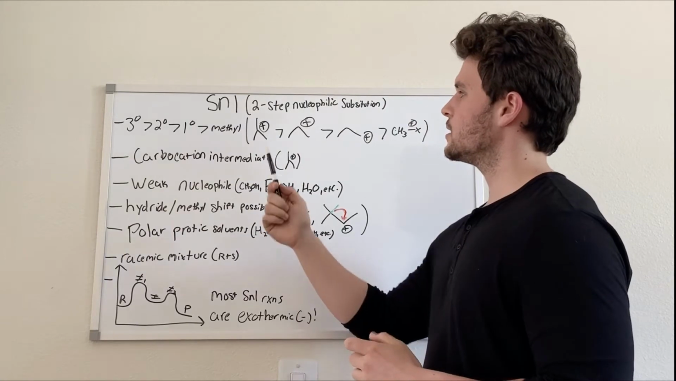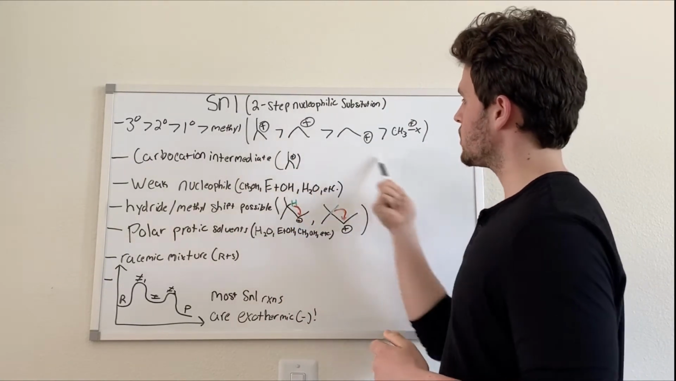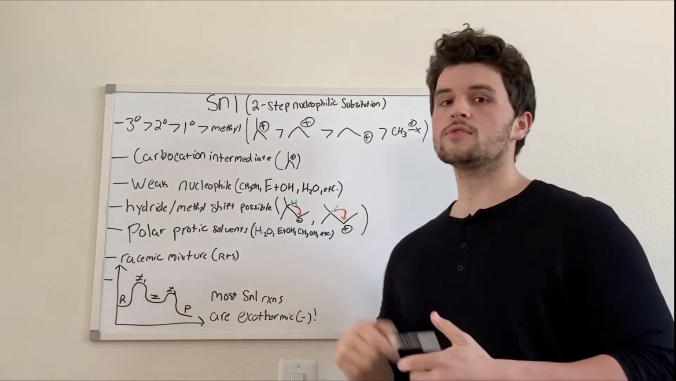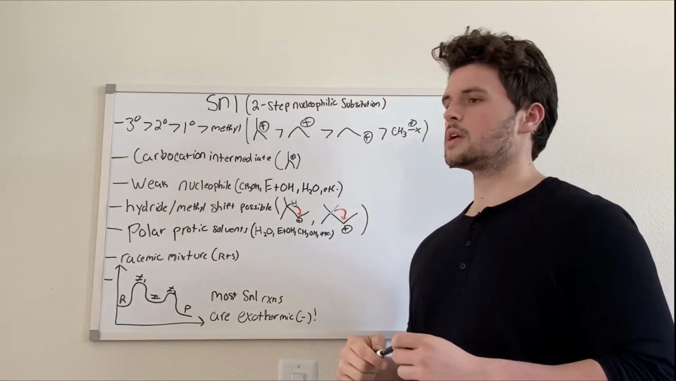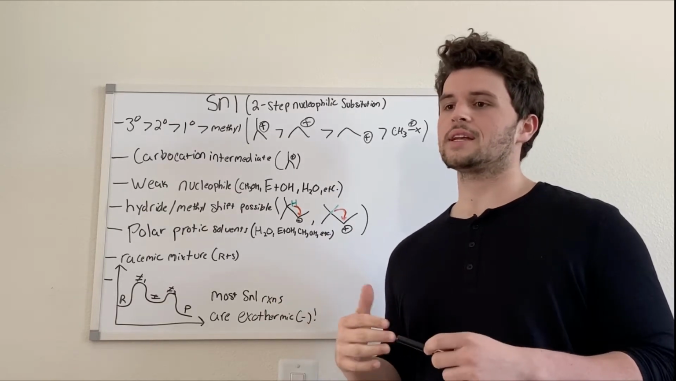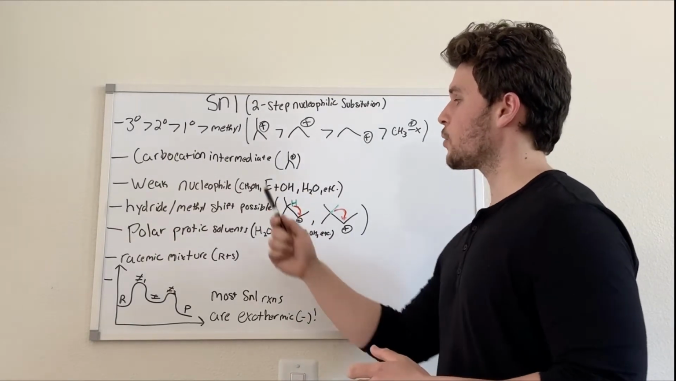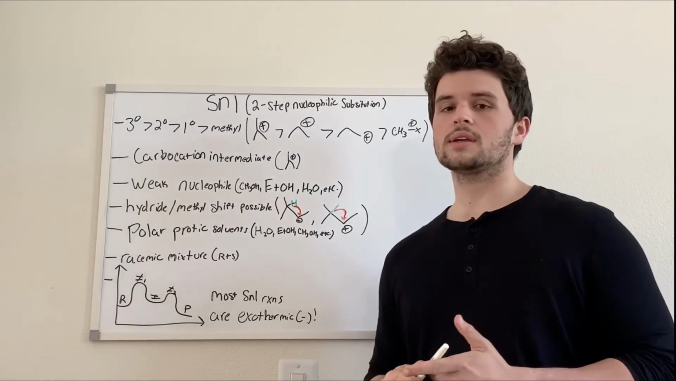Second, the big key feature of the SN1 is the carbocation intermediate, which we can see here and then through here. That's after the leaving group leaves. There's a positive formal charge that forms due to the lack of electron density there, and that's where a nucleophile will attack. That leads into my next point, which is the weak nucleophile, which is a big difference between the